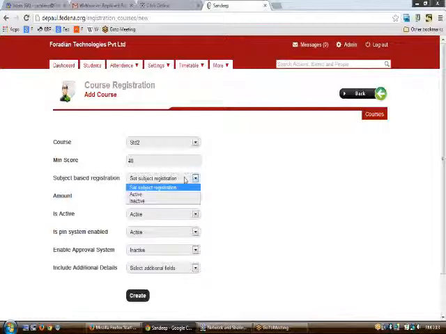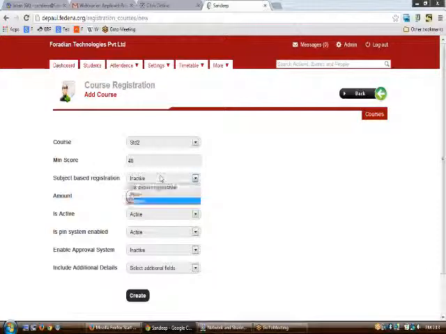Once the subject-based registration is inactive, you need to enter the amount, and let us say you are entering 100, and now 100 rupees would be calculated, rupees being the currency that you have set in general settings. 100 rupees would be set for the student, and the student is entitled to pay an amount of 100 while registering.